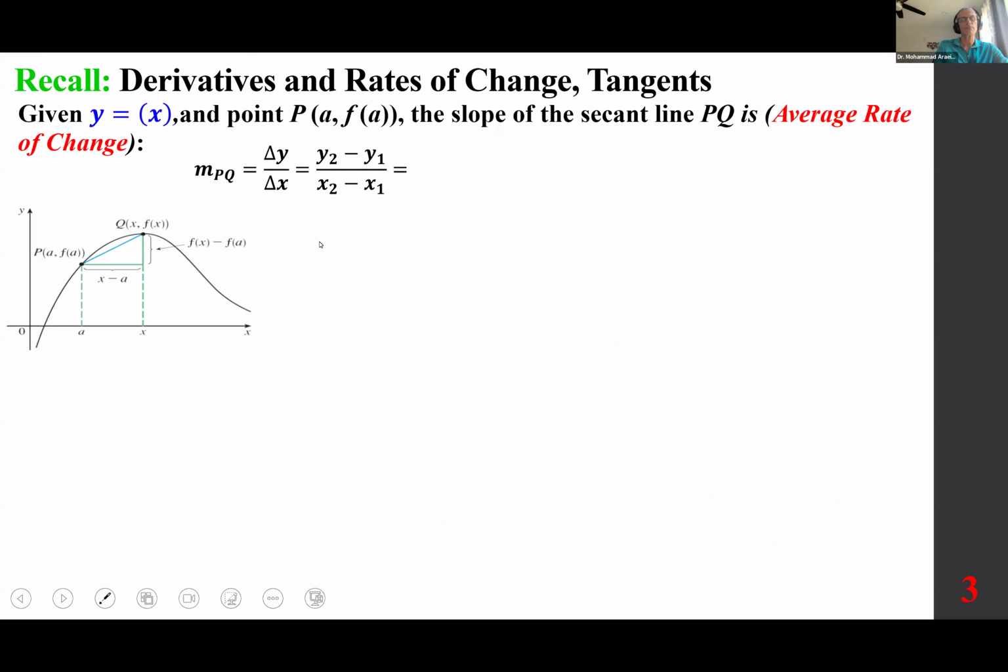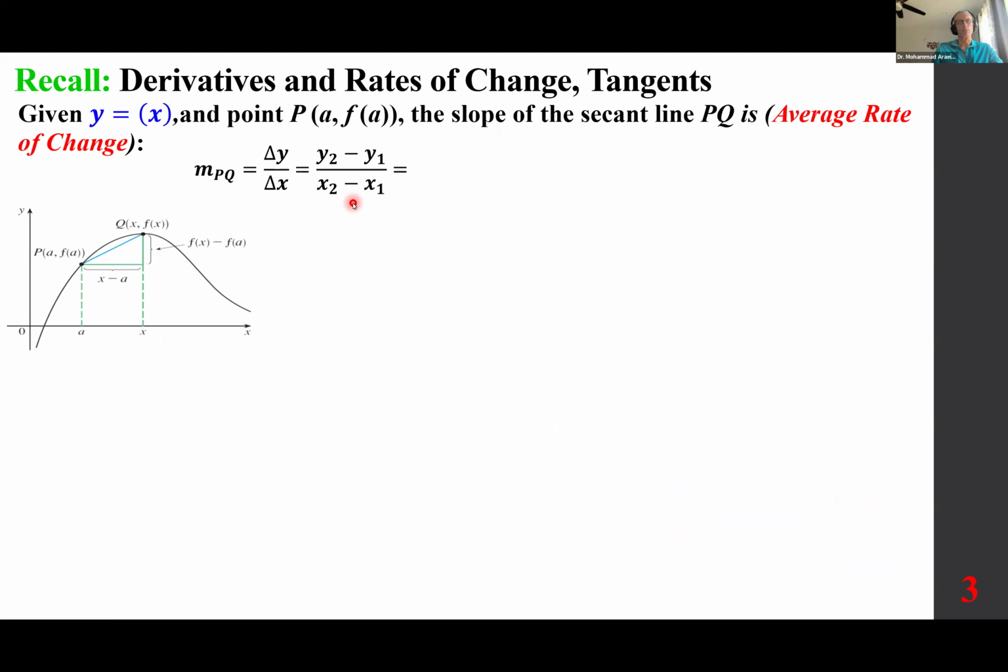and quotient rules, reminding you that given a function y equals f of x, and a point a comma f of a, the slope of a secant line PQ is the average rate of change of y with respect to x, rise over run. So you have 2 points. Calculate the slope as delta y over delta x, or y sub 2 minus y sub 1